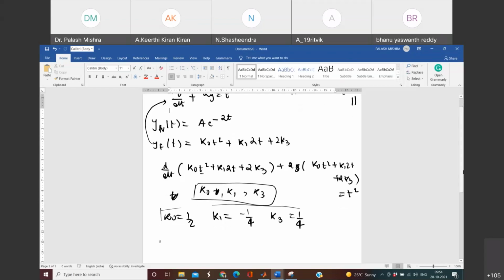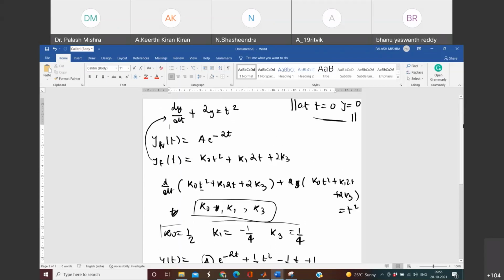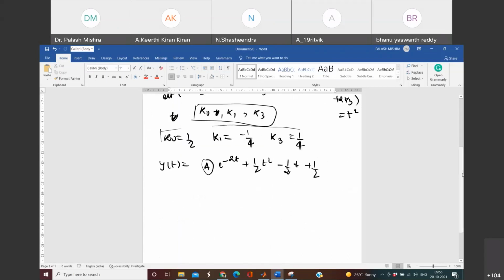So the net response of the system, y(t), will be equal to a times e to the power of minus 2t plus 1 by 2 times t square minus 1 by 2 times t plus 1 by 2. I suppose this is the response of the system. One final constant a is left for you to find. That you can definitely find out by using the initial conditions they have given. So please note it down. The final coefficient a you will all